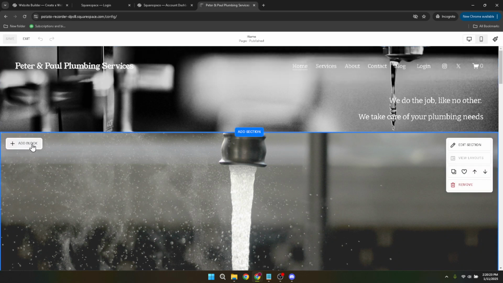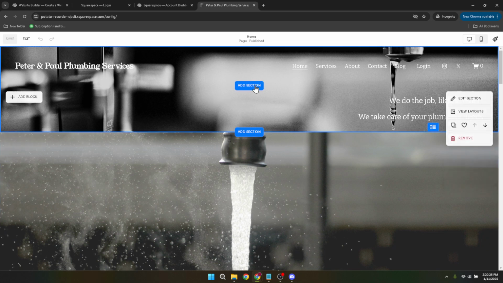Now, under the site header options, you'll find a variety of settings related to the design of your header. Look for the option labeled Edit Design. Click on it and a menu will appear on the right side of your screen, showing you all the design